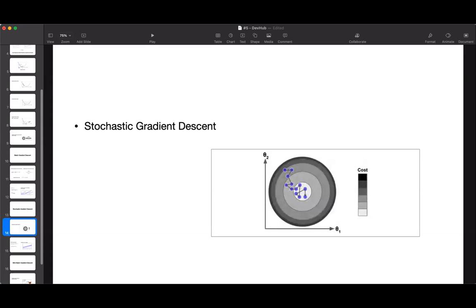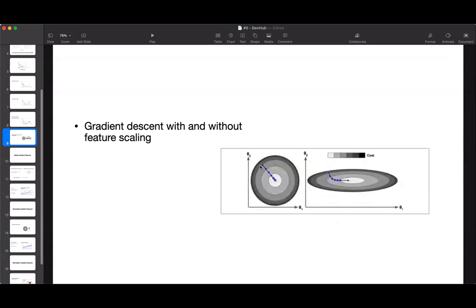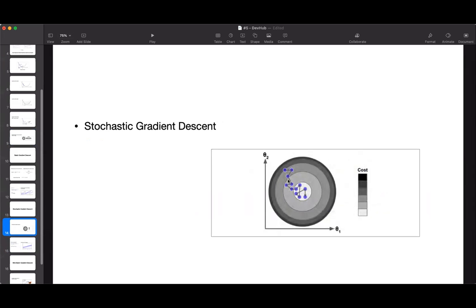Because of its random nature. Basically, at every step it is picking up a random instance from the training set, and it is optimizing based on that instance. How is that instance performing on the cost function? It is optimizing based on that. So this algorithm is much less regular than the batch gradient descent. In batch gradient descent, which you already saw, I'll take just that reference, the learning path is very smooth and very regular. Whereas here, it is a zigzag kind of thing.